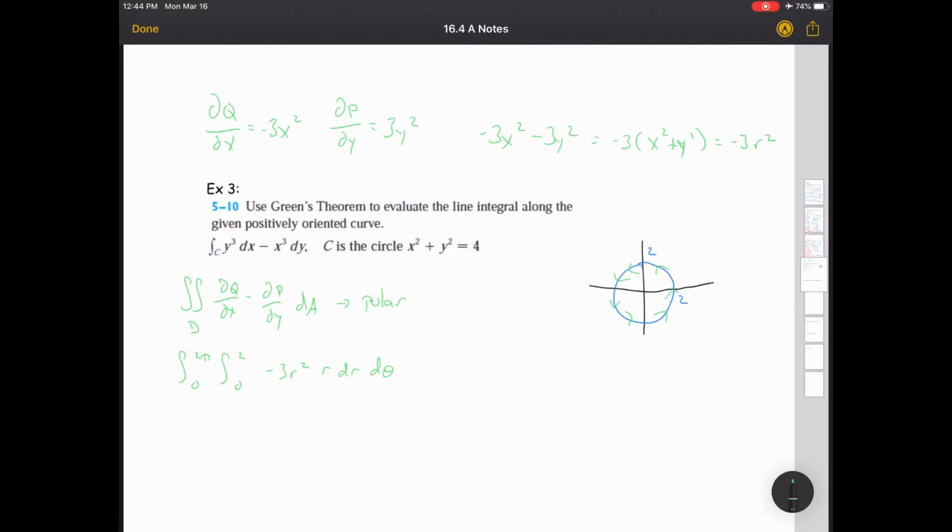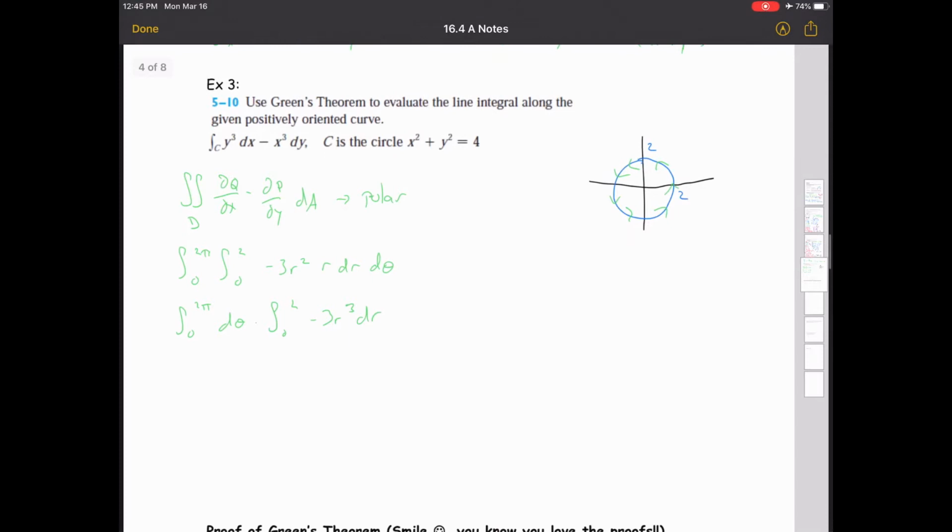So we can actually split these. We can have our integral from 0 to 2 pi of d theta times our integral from 0 to 2 of negative 3r cubed dr. So let's go ahead and take the antiderivatives here. Well, we know 0 to 2 pi of d theta is going to end up being 2 pi. And then we're going to have negative 3/4 r to the 4th